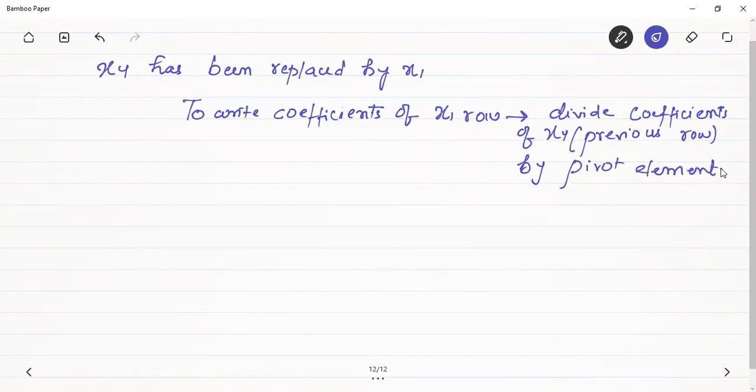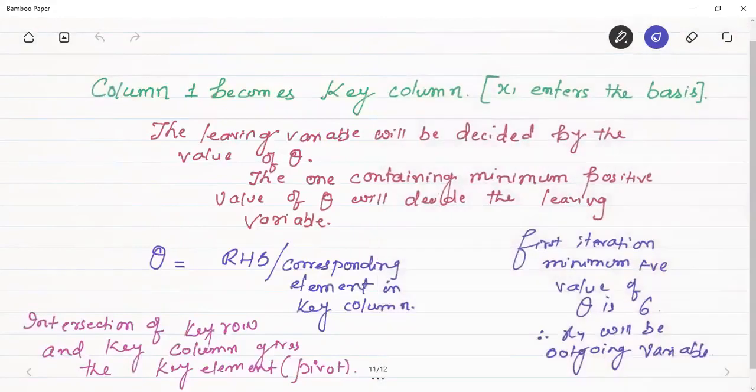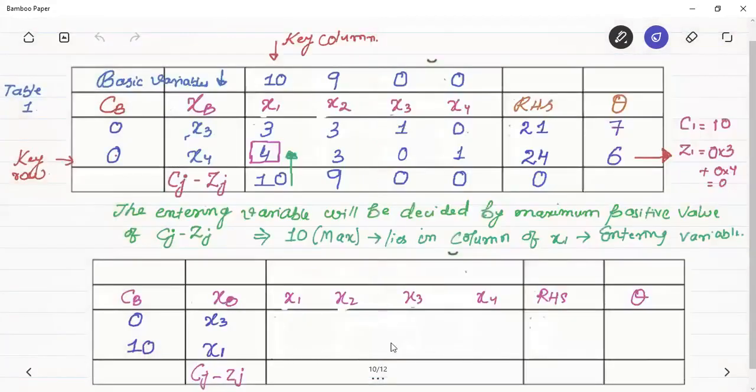Okay, in the previous table what was the basic variable, it was x4, which has now been replaced by the new basic variable x1. So how to write the coefficients in this new basic variable row? Now I have to write the coefficients of x1 here. They will be given by dividing the previous row. Which was the previous row? Instead of x1 it was x4, so what were the coefficients of x4, 4, 3, 0 and 1. Divide each of them by what, by the pivot element. The pivot element here is what, 4. Okay, you can see that I have written this in the square, I have put a square around it, therefore this is the pivot element. Okay, x4 has been replaced by x1. To write this row here, the elements in this row will be given by the previous row divided by the pivot element. So child, tell me what will come here, what will be here,